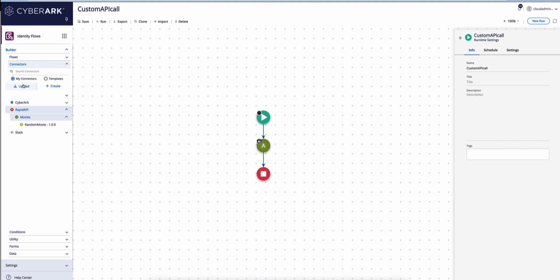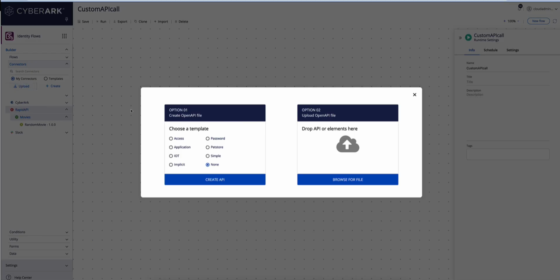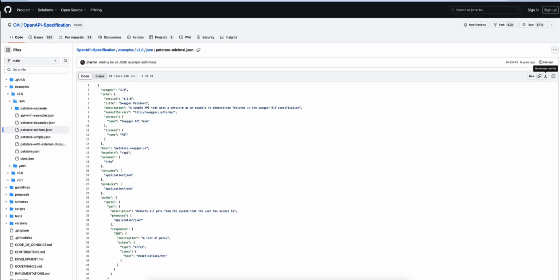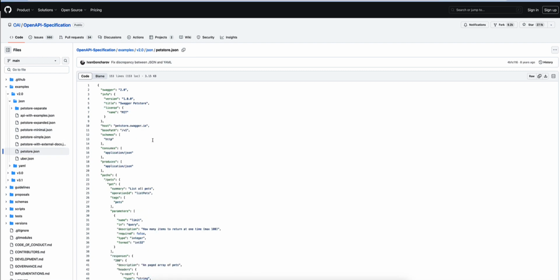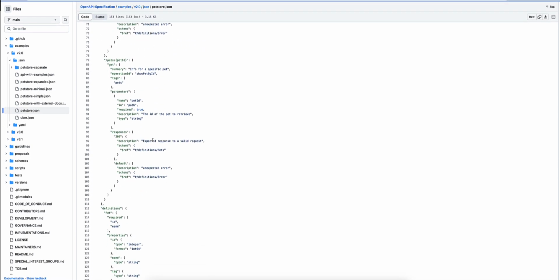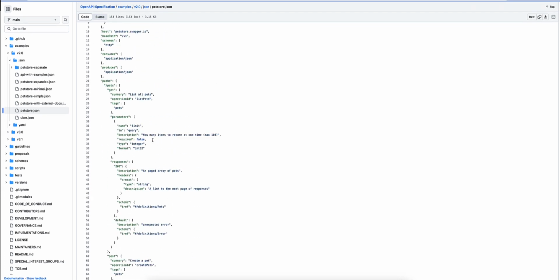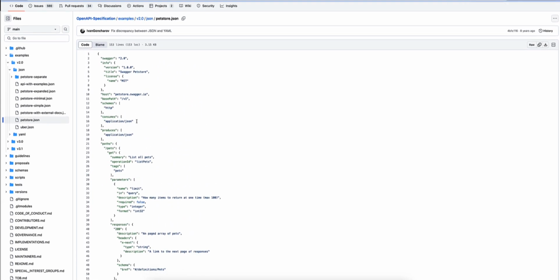Now, if you have an API which has an open API definition or Swagger definition, then you could upload that information. So if you click here on the upload, then you can browse for a file, and I'm going to use an example that you can find on GitHub. On GitHub, you can find the open API specification for the pet store. I'm going to use a pet store JSON and download that one. So it contains the whole definition of all the APIs available. So let's download this